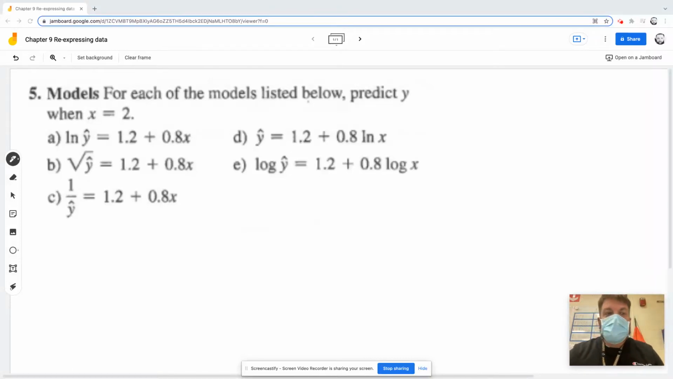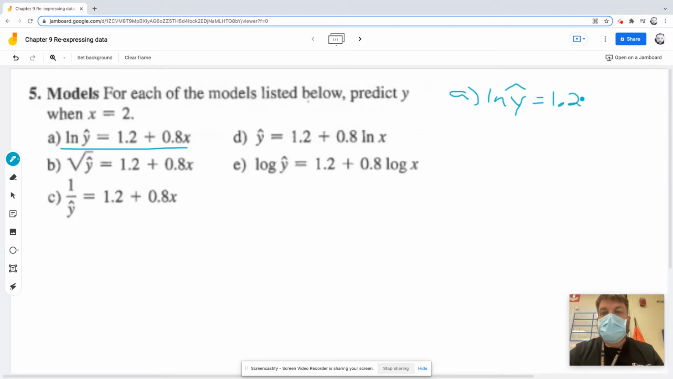So basically we have 5 models and we want to evaluate what the models predict when x equals 2. So we're just going to plug these into these equations. I'm going to probably do them in different colors so you can see what's what. So we're going to do A first. So over here for A, I'm going to say the natural log of y hat is equal to